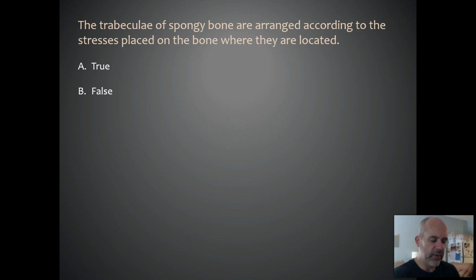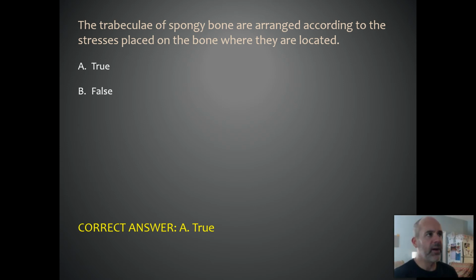All right, how about this one? The trabeculae of spongy bone are arranged according to the stresses placed on the bone where they are located. True or false? Hopefully you're thinking true on that one. So what that means is, when spongy bone is developing in the body, bone is synthesized along stress lines. You know, the way your skeletal system is having to support your weight, there are certain lines of stress that occur